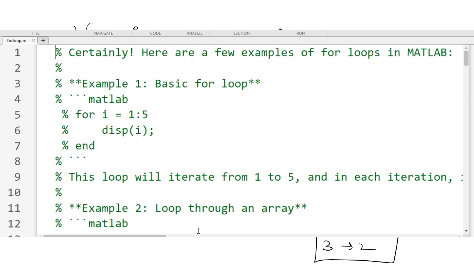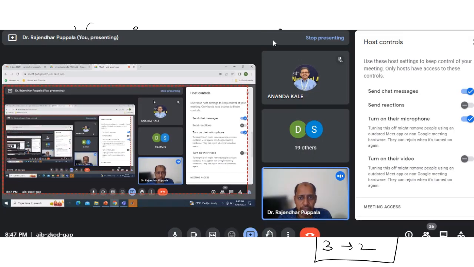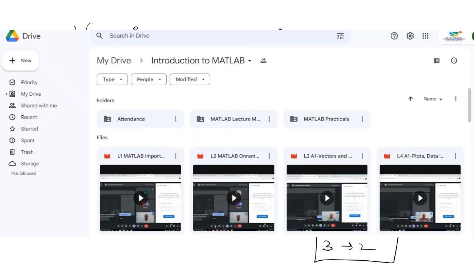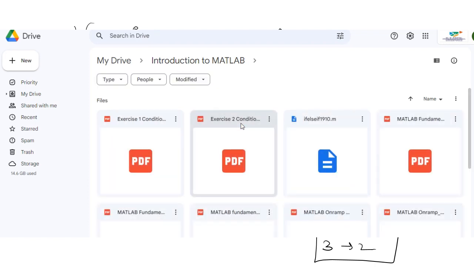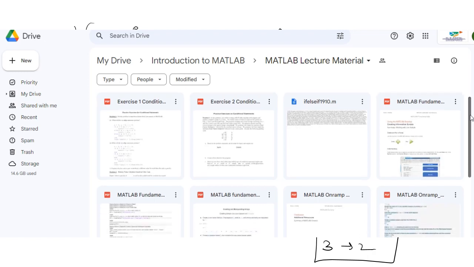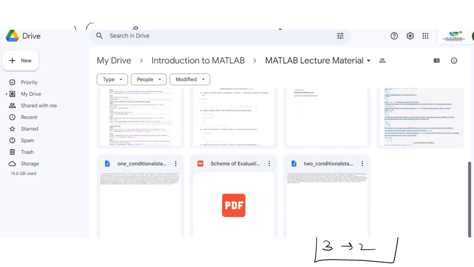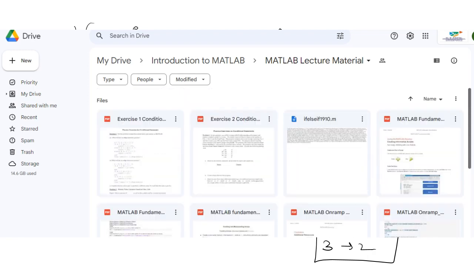Yes, sir. Just open the for loops file from the lecture recordings. Open that drive, MATLAB lecture material. The if else, if practice is completed, and exercises 1 and 2, conditional statements is also completed. For loop,